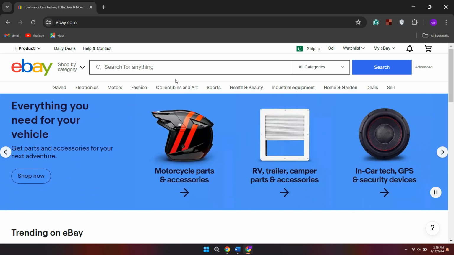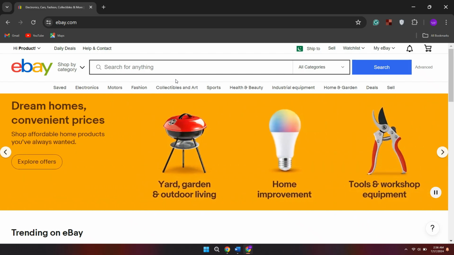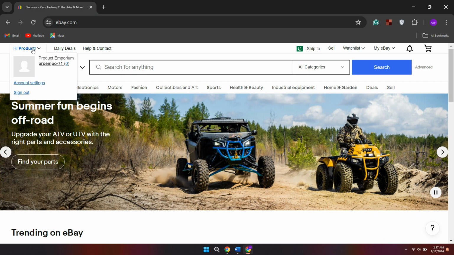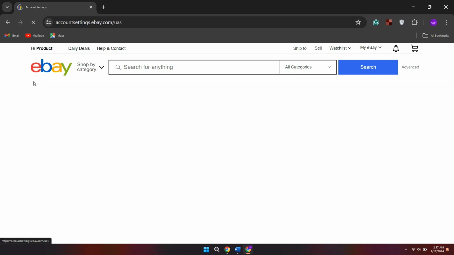To link your PayPal account with your eBay account, start by visiting eBay's website, which can be done on a computer or a mobile device. If you're not already logged in, enter your credentials to access your account. Once logged in, hover over your name in the top right corner and navigate to the Account Settings section from